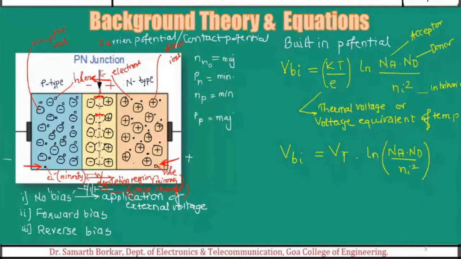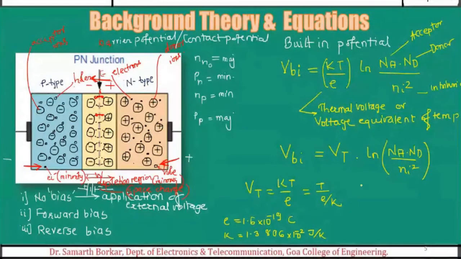Now what about this Vt? V subscript T, if I borrow from here, it is kT by e. So I can write this as T e by k, where e is the charge on an electron, 1.6 into 10 to the power minus 19 coulombs, and k is the Boltzmann constant. The value is 1.3806 into 10 to the power minus 23 joules per Kelvin. So if I substitute in this equation, I get the value as